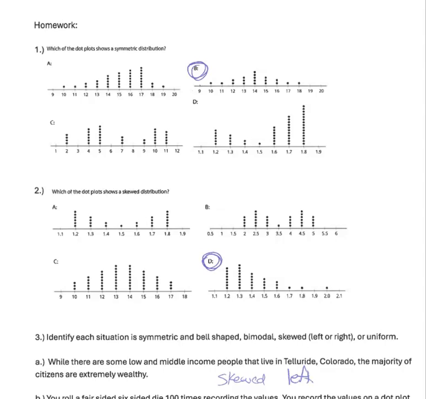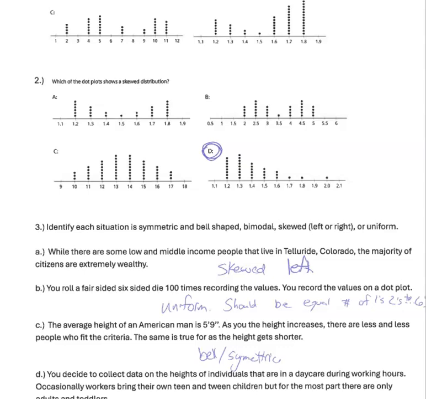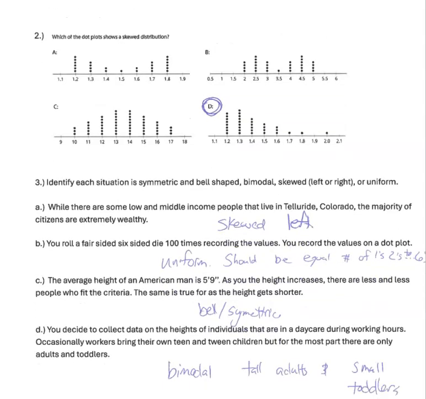The next one says which one would be skewed. That is D. And once again, even though most of the data is on the left, that's called skewed right. The next one says identify how we would identify these. There are some low and middle income people that live in Telluride, but the majority of the citizens are extremely wealthy. That is going to be skewed. And once again, we have to call that skewed left, even though most of the data is on the right,